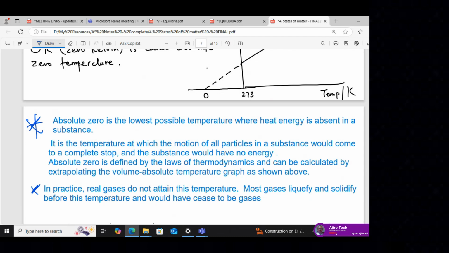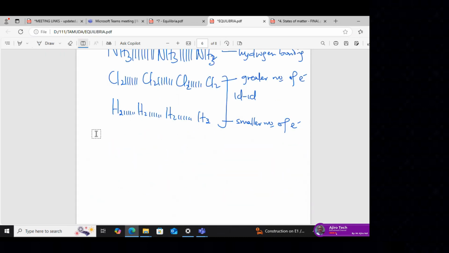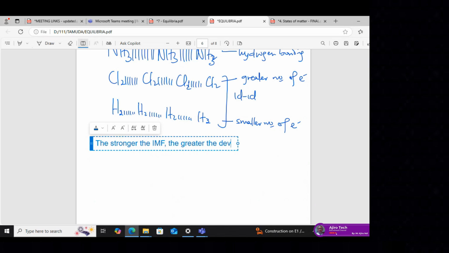So how do we know the one that turned to liquid first? The principle is this: the stronger the intermolecular forces, the greater the deviation from ideal gas postulate,